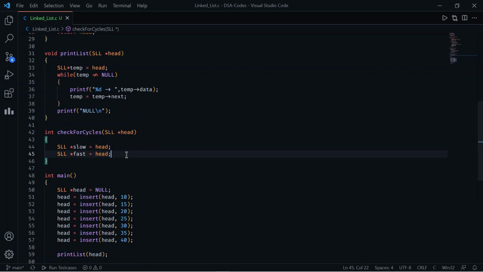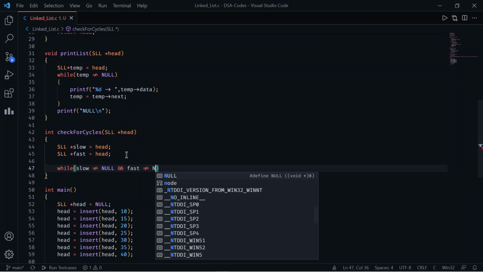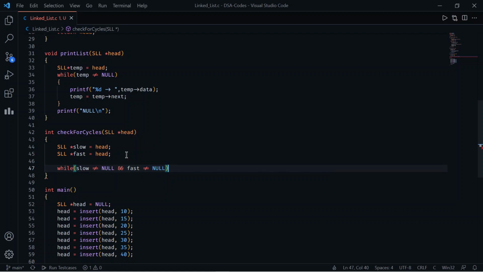Now I will apply a while loop, and I will run that loop until slow pointer or fast pointer equals null. So I will write slow not equals to null, and fast not equals to null, which means if the slow pointer becomes null, then this loop breaks, or if the fast pointer becomes null, then also this loop breaks.